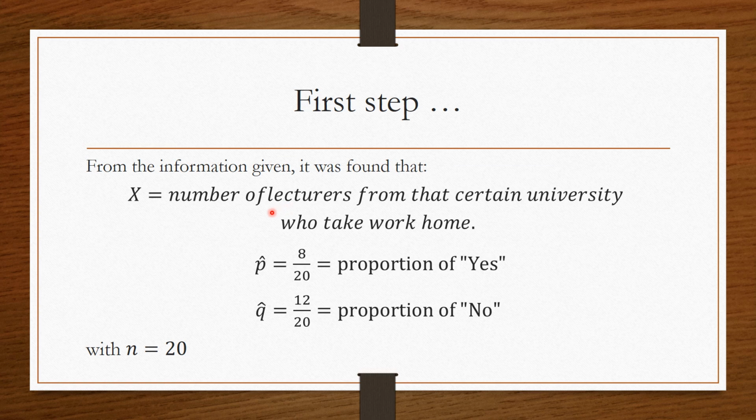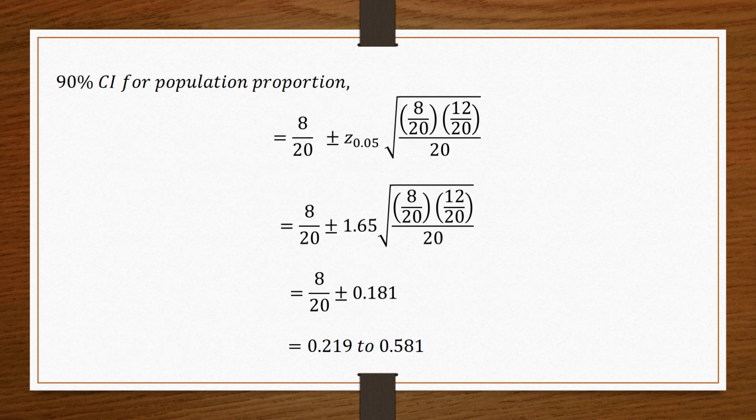If you calculate from the data given, you will have 8 of the lecturers who say yes. So we have our P hat here as 8 over 20, while your Q hat will be 12 over 20, and N is 20, the number of lecturers. Now if you want to find the 90% CI, it means that your alpha is 0.1. So when 0.1 is divided by 2, you will have